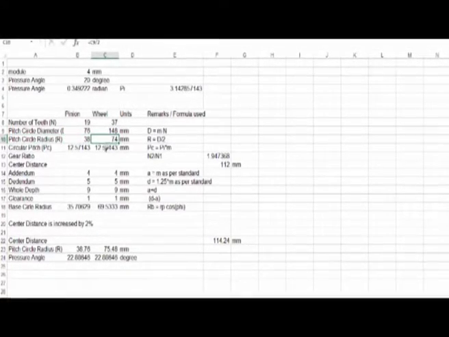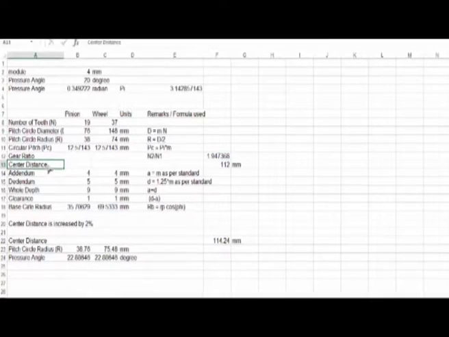Radius is half of the diameter, which is pretty easy to calculate. Now circular pitch will be pi times d by n, or pi times module, which is what we have calculated. Module is 4 mm and pi is given by this entry E4, which is 3.14, and therefore you will have this as your circular pitch. Please note that the circular pitch for both the pinion and the wheel is just the same. So the gear ratio, which is the number of teeth in the wheel divided by the number of teeth in the pinion, comes out as 1.94 as per the formula.